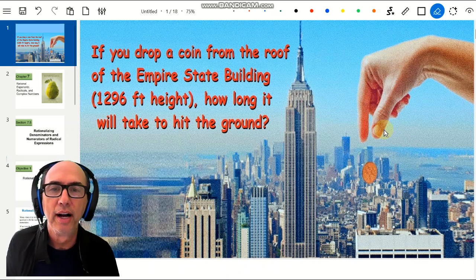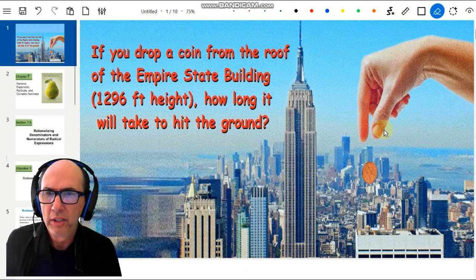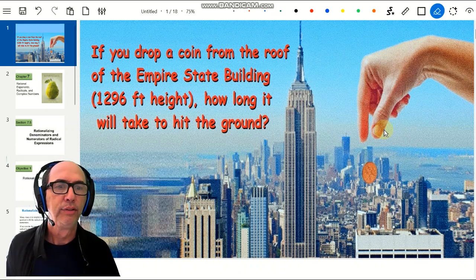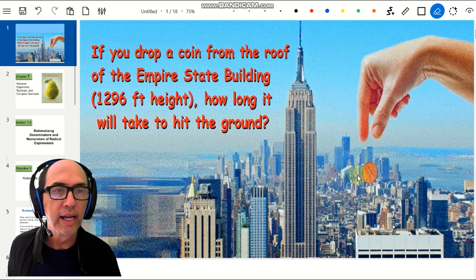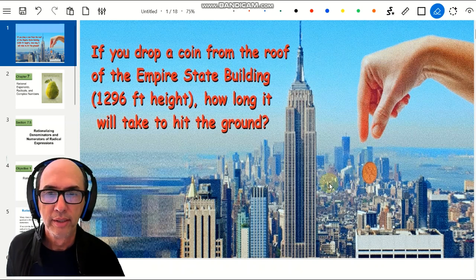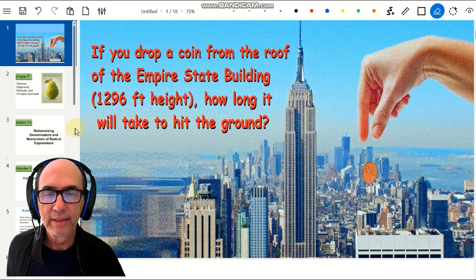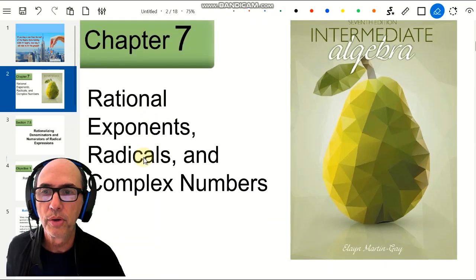Okay, so what do you think? It will take a few minutes, maybe, or not that much, maybe several seconds. What do you think? How long will it take for the coin to hit the ground? Well, this is a very tricky question, very hard to answer. And the hint is you're going to need a formula. Later we will work together. So guess, try to find out by guessing, because now we will talk about